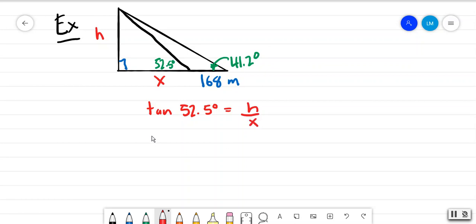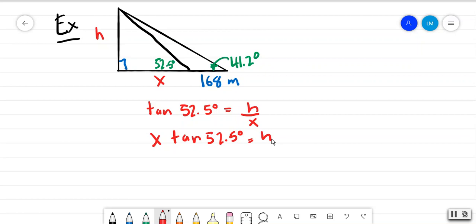But that implies that x times tangent of 52.5 degrees is equal to h, right? Okay, now